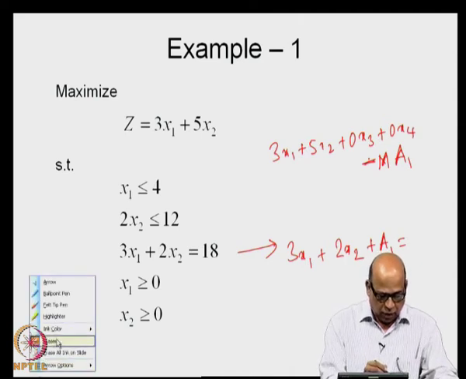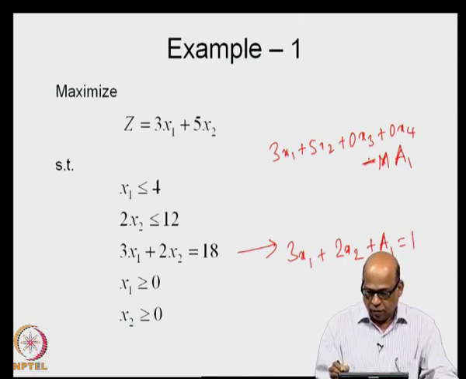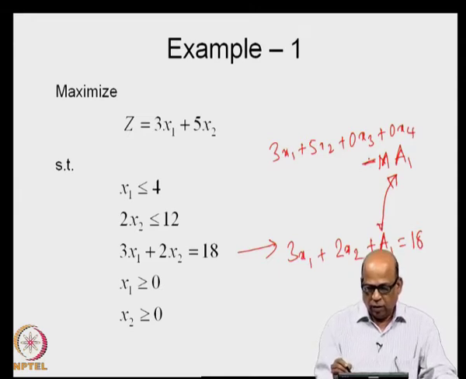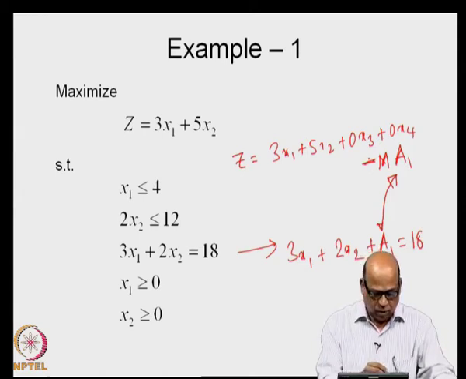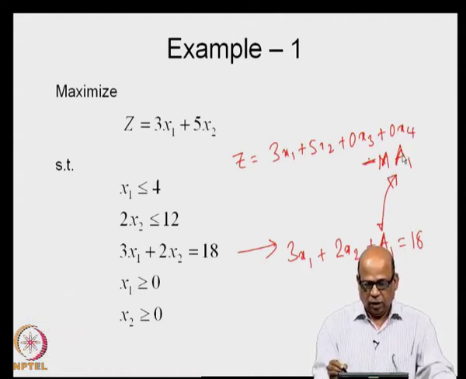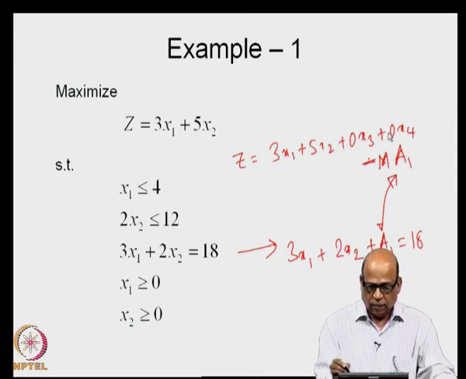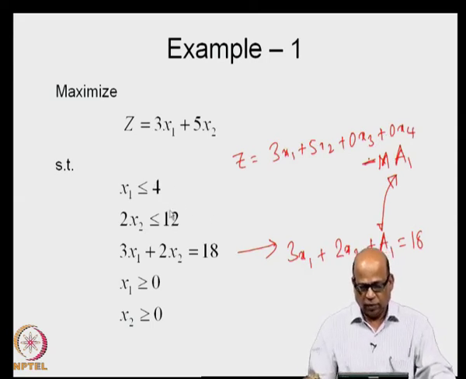Now, because we add an artificial variable, we introduce a penalty in the objective function, and this penalty will be added as minus m into a 1 for the z expression. So, in the z expression, I will write it as minus m into a 1, where m is a large number, and therefore, any non-zero value of a 1 will pull down the value of z, that is the idea, and x 3 and x 4 here are the slack variables associated with these two constraints.